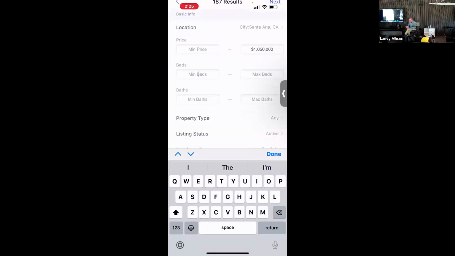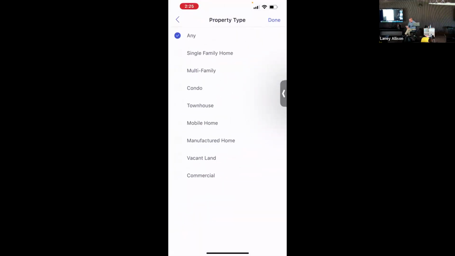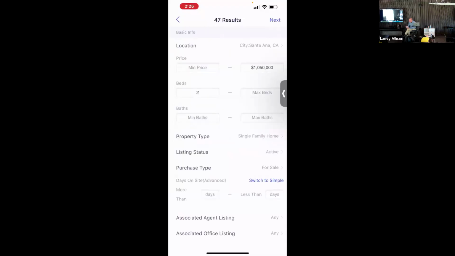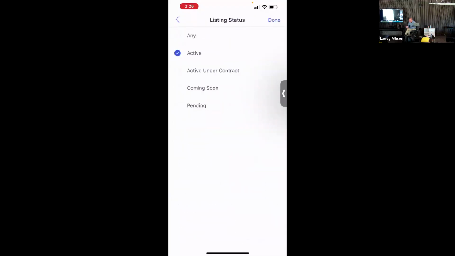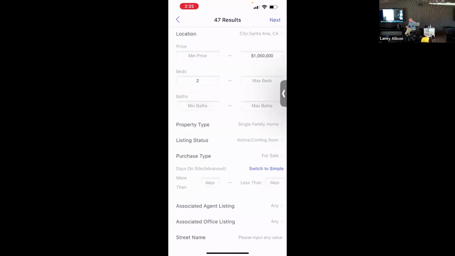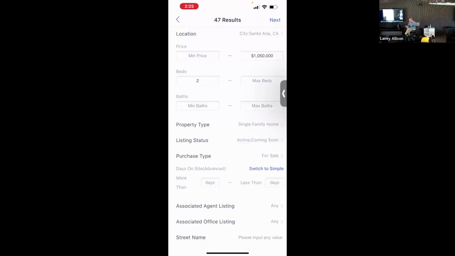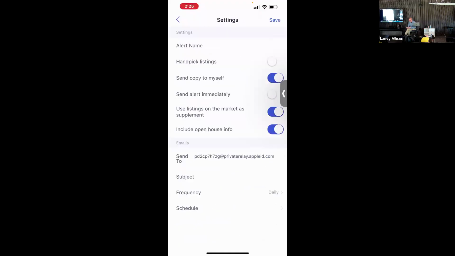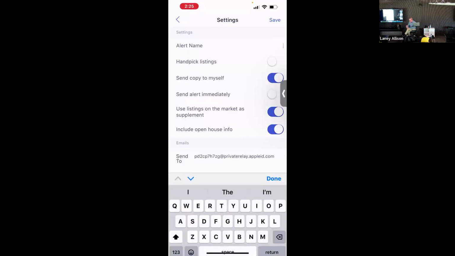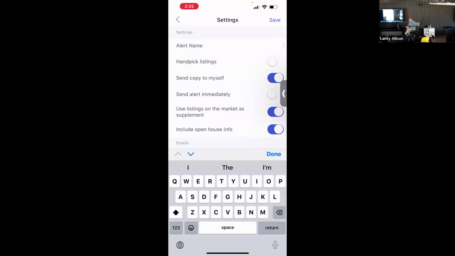All right. Minimum bedrooms, I noticed he wants at least 2 bedrooms. Property type, he wants a single family home. He wants all active and coming soon properties. And he wants purchase type for sale. Next, there's 47 properties. Okay. What's the alert name? What was his name? Jason, right? Jason, Santa Ana, 2, 1M,